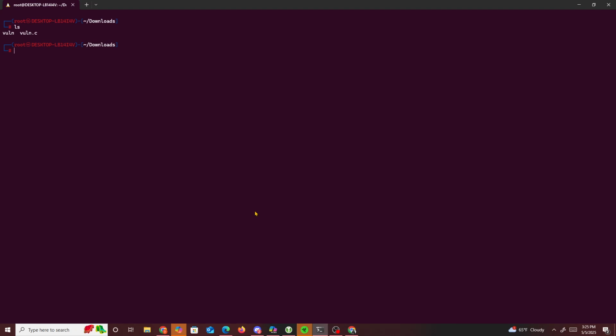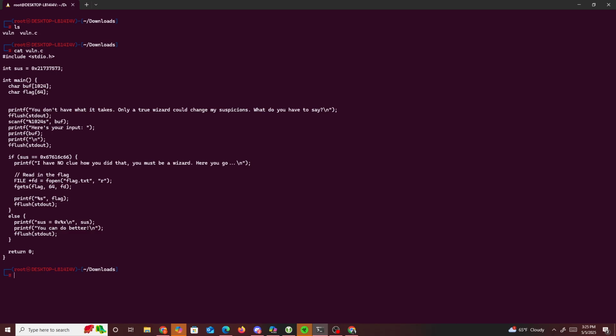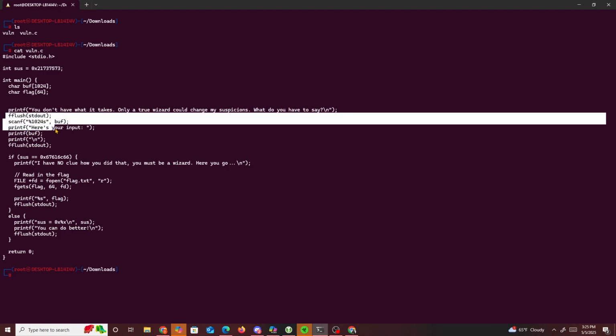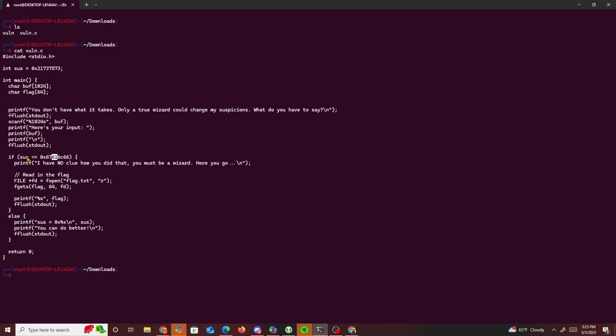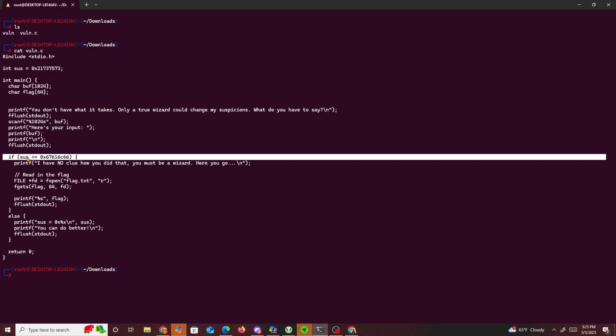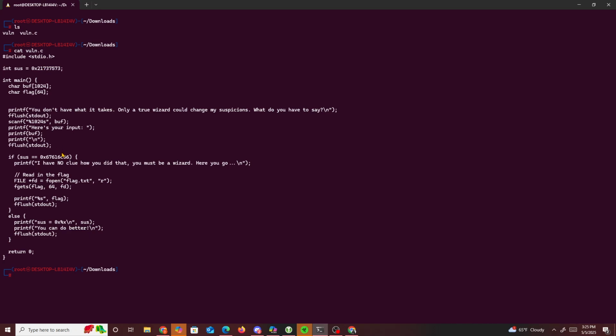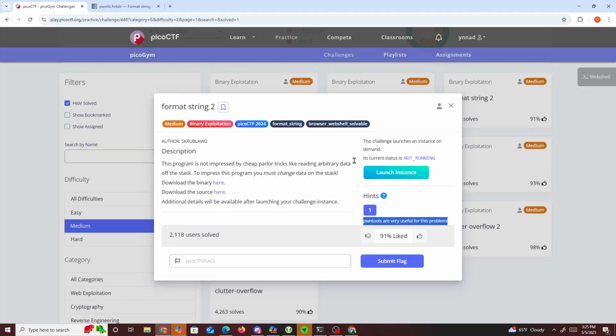If we cat the source, which I already downloaded, we see that sus is initially initialized with this data right here. But if you check right here, it says you don't have what it takes, and so on. It gets our input printed out, but it wants us to be able to change sus into the value of this, and we never have a chance to do it. So that's what it's asking us to do: change the arbitrary value of sus. And one of the hints tells us that pwntools is very useful for this problem,